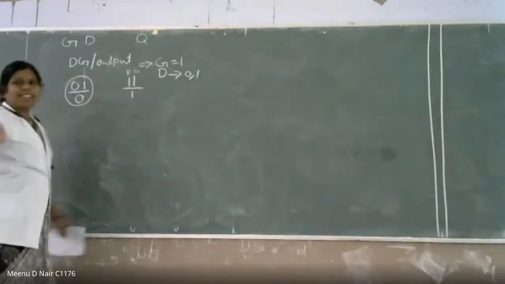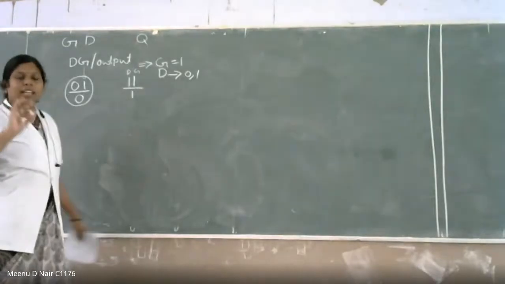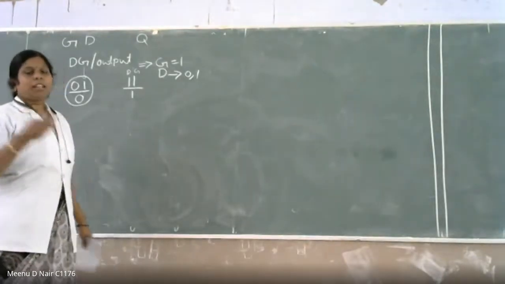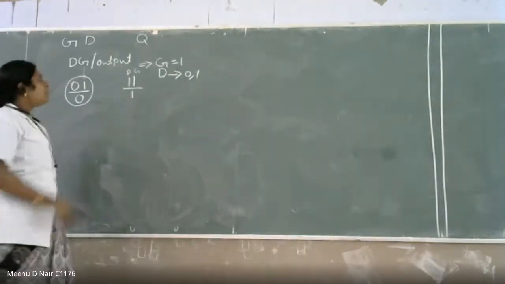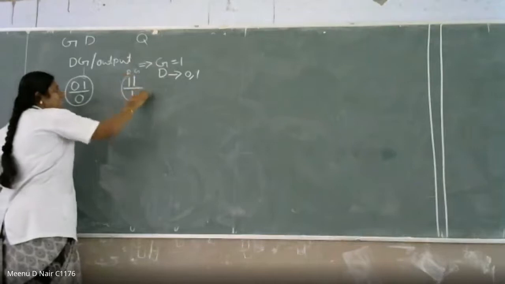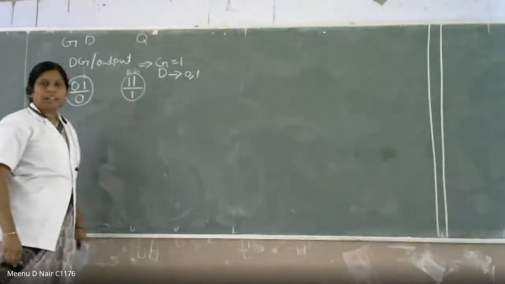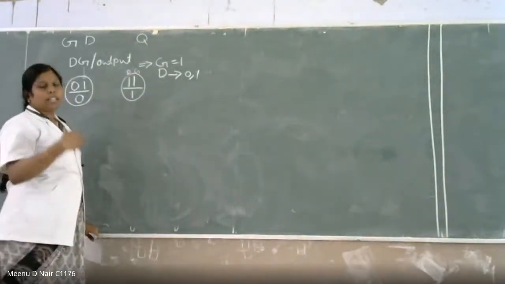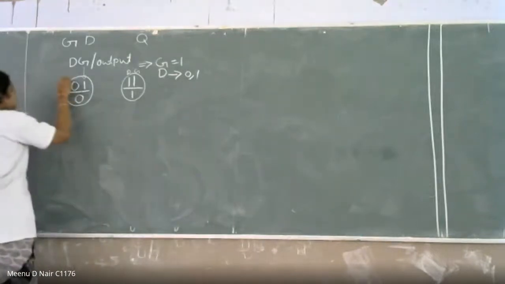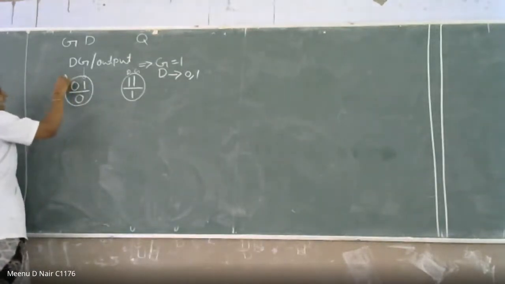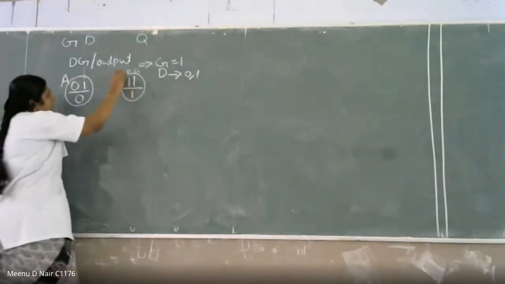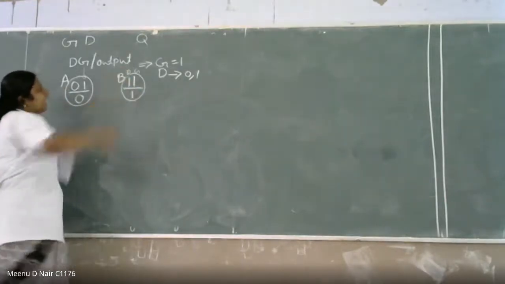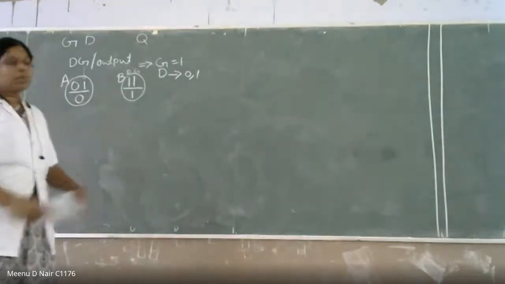You do not know any state or any output. Only some conditions are given in the question, right? So you have to design a circuit as per the conditions given in the question. So we are finding out how many states it has, and what are the corresponding outputs. That is what we have to find first. So you assign the letter A to the state 0, 1 with an output 0, and you consider 1, 1 with an output 1 as B. These are the two states.